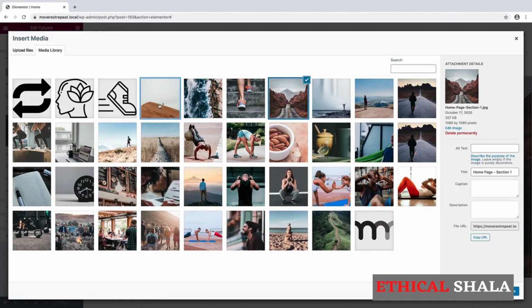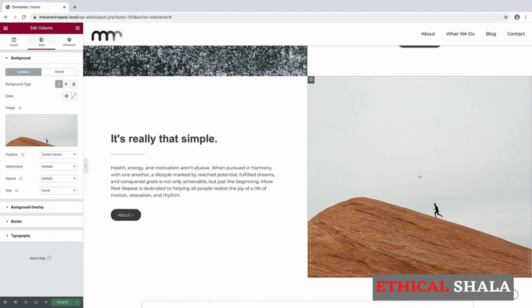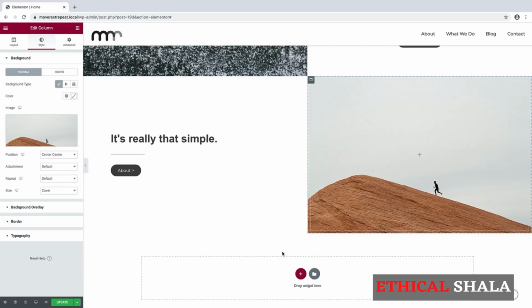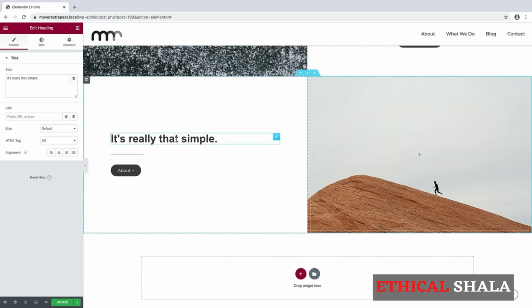We'll use this picture, Homepage Section 3. Insert Media. And there we go. Now let's move over to the left section where our content will be and get things set up by deleting this text, adjusting this heading. We'll just say Newest Articles,